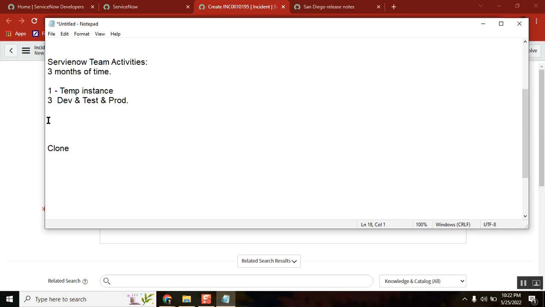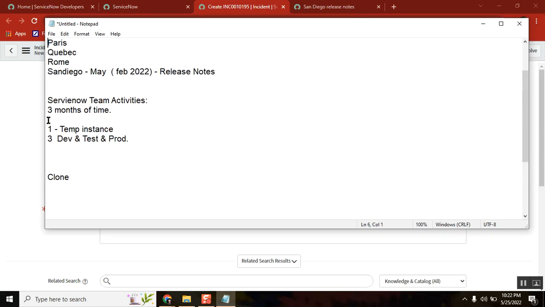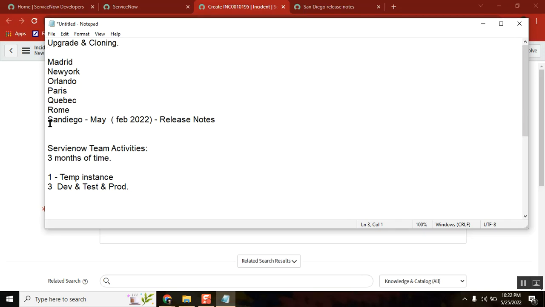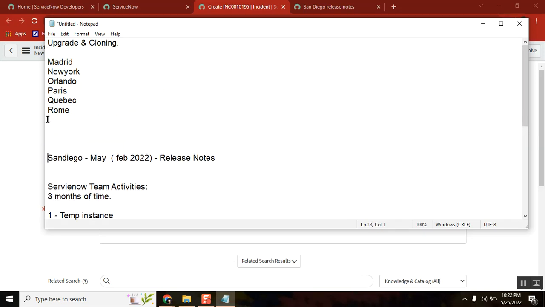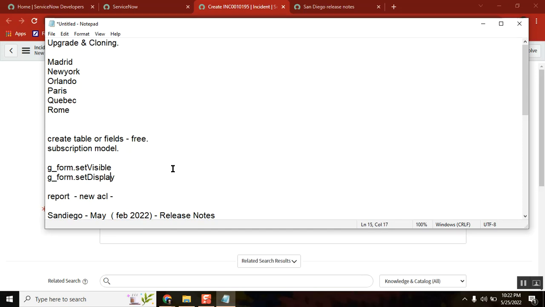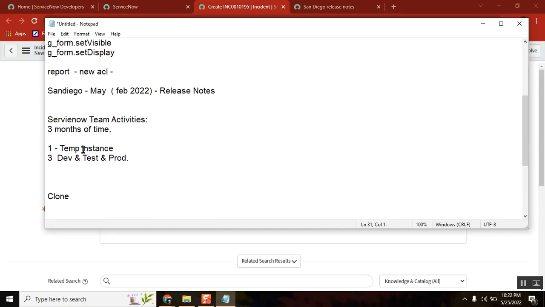Give me 1 second, ma, I want to show that also. So we have a temp instance which is running what version? The same previous version. Now we are about to upgrade to the production instance. Before that we thought we need to clone it with the production image and then upgrade it. So the temp instance is cloned with the prod instance and then